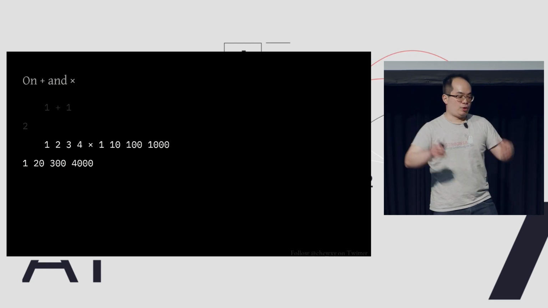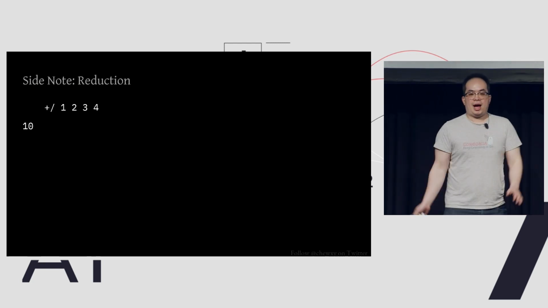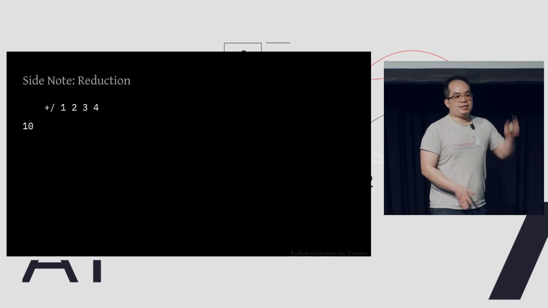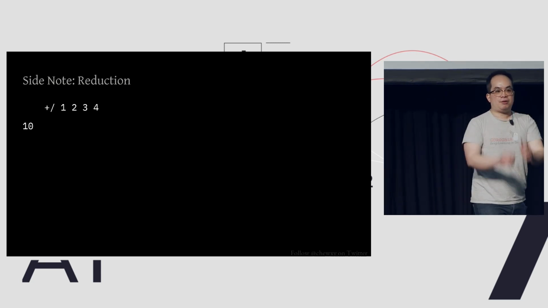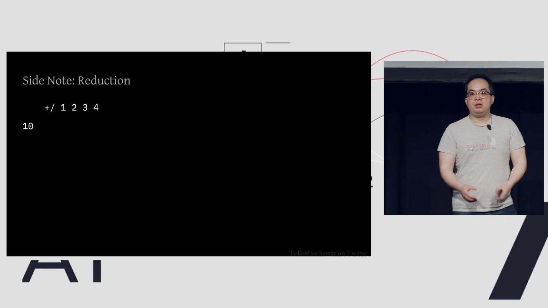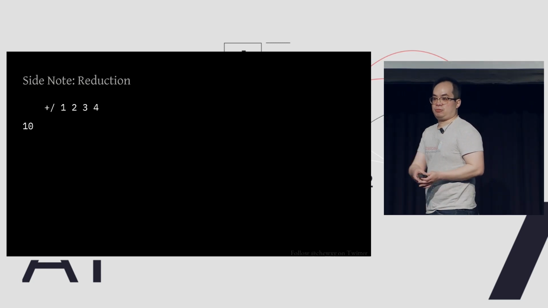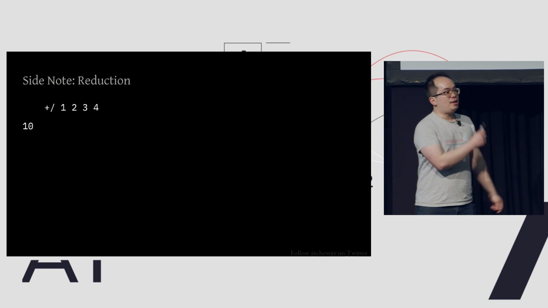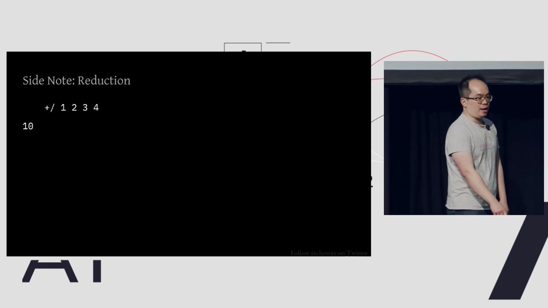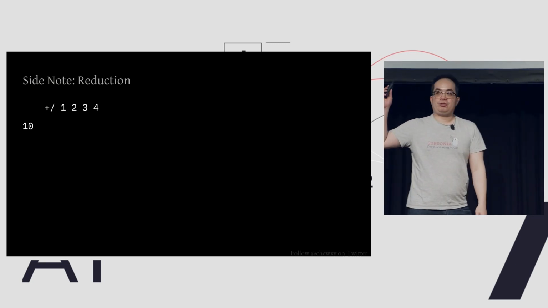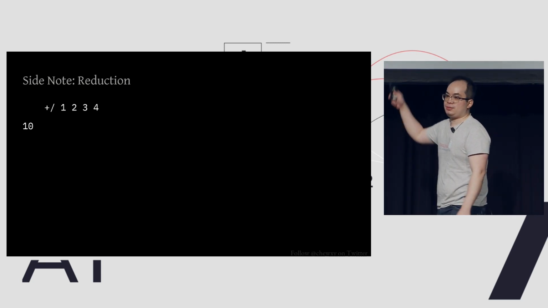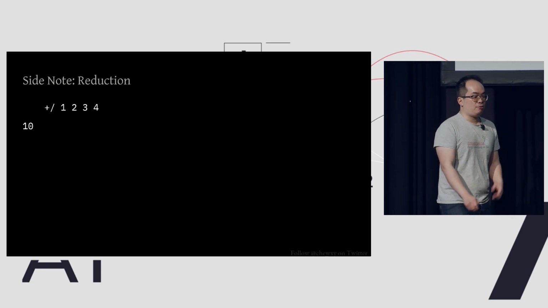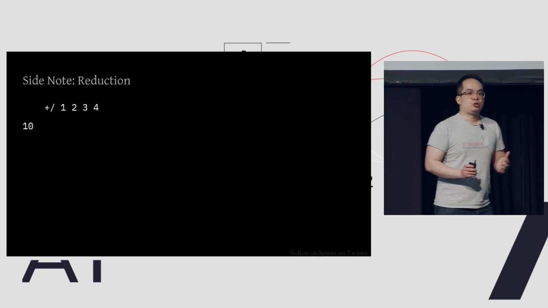multiplying them element-wise. Side note, I also want to talk about reduction for a bit because it's actually important to how inner product works. Let's say you've got an array 1, 2, 3, 4, and you want to collapse this array down into one single number. What do you do? Well, one way you can do it is you can add up all the numbers. We call this summing. Everyone's familiar with this? 1 plus 2 plus 3 plus 4. And we write sums as plus slash in APL. And the best thing about this is if you change plus into times, you get a product, 1 times 2 times 3 times 4. And the reason why I'm introducing reduction here is because it's actually relevant to how inner